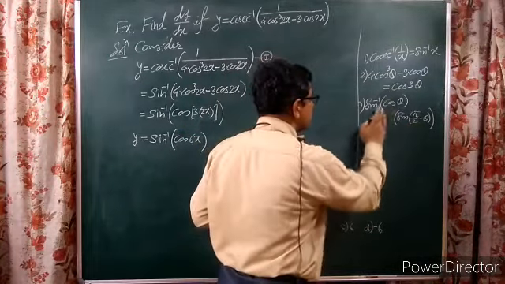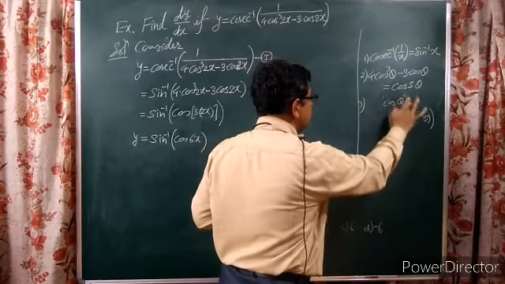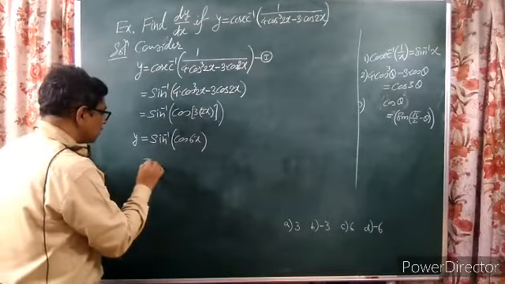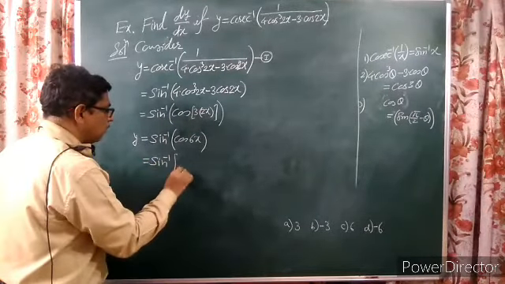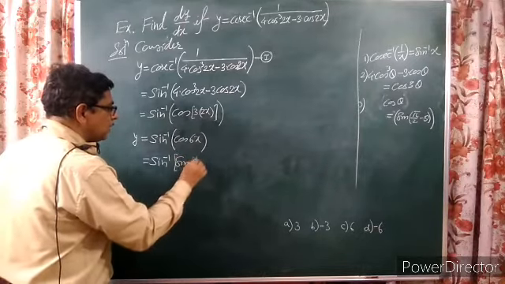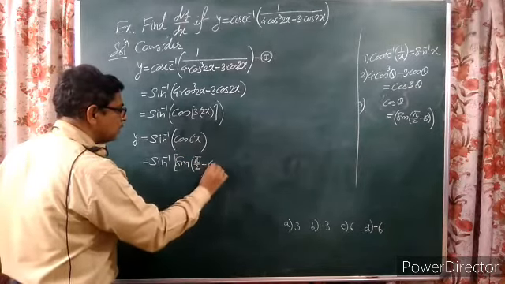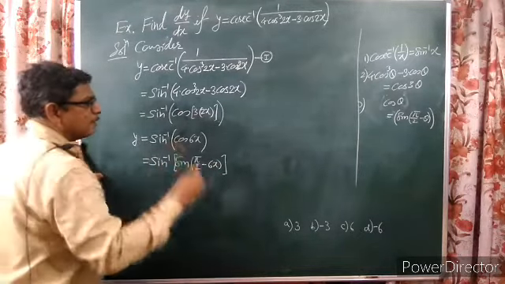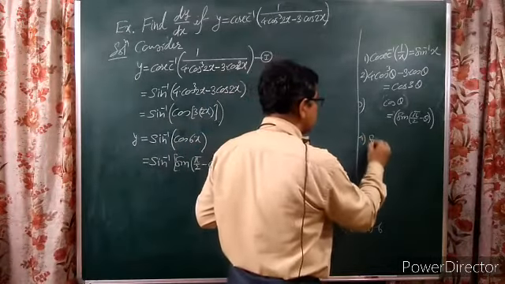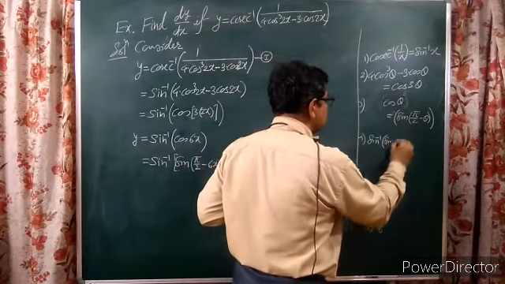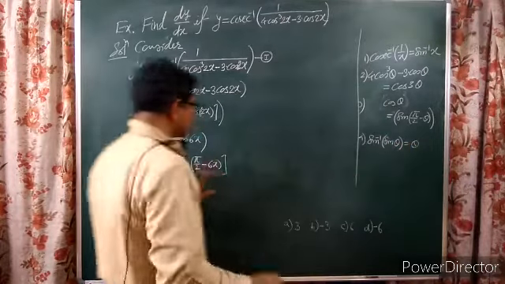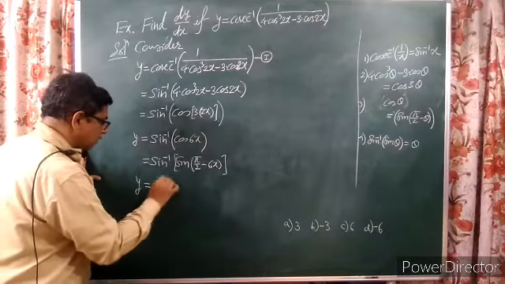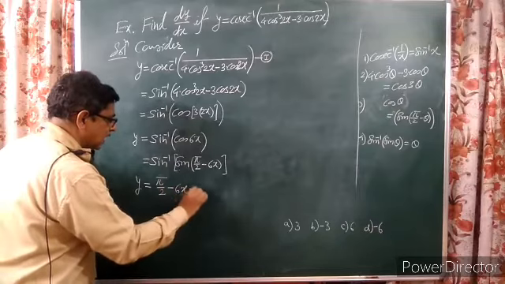Cos theta can be written as sine of pi by 2 minus theta. It's the allied angle formula. So this is sine inverse of sine of pi by 2 minus 6x. And sine inverse of sine now gets cancelled. So the fourth formula we are going to use here: sine inverse of sine theta is theta, which is equal to, sine inverse of sine gets cancelled, and we are getting y is equal to pi by 2 minus 6x. I will call this 2.